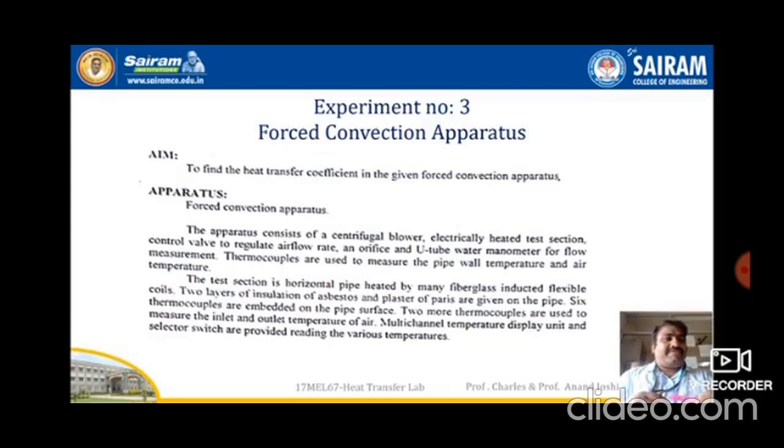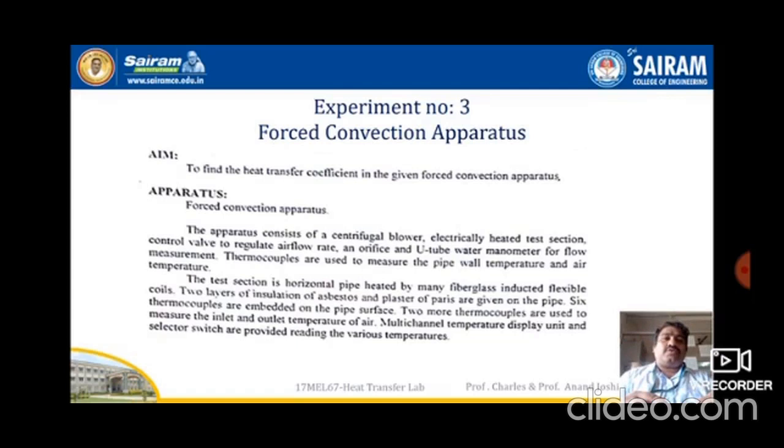In a similar way, for the same plate, if you are not using any external agency and simply keep it at atmospheric temperature, even though it cools, the rate of cooling is very low, not faster. That is called free convection. If you add a fan or blower, it increases the rate of cooling. That is what we use in forced convection, with a blower or fan in the apparatus. So what will be the heat transfer coefficient for the given apparatus?